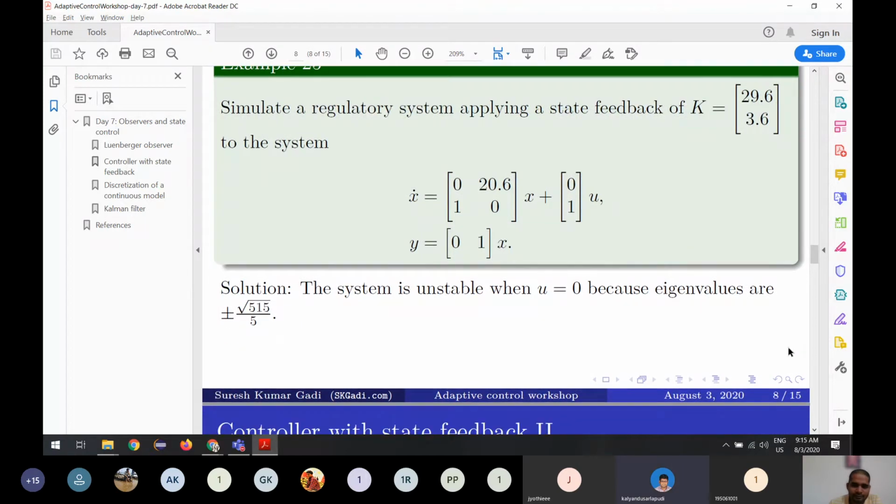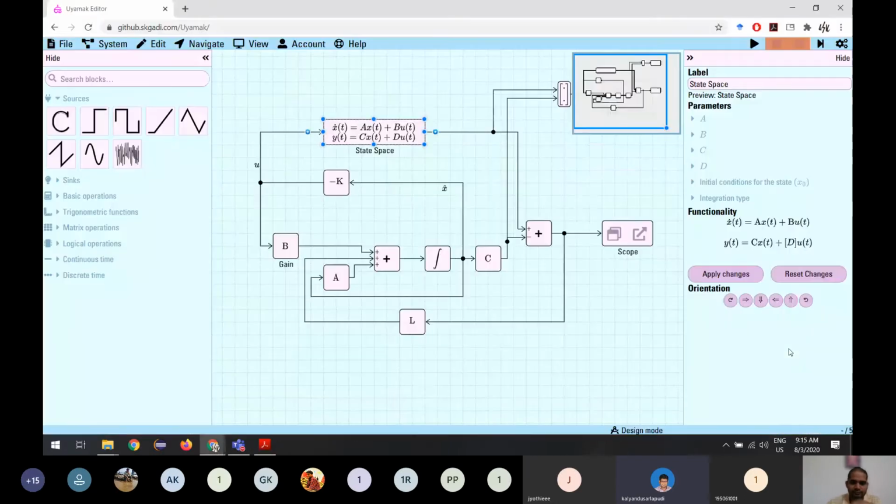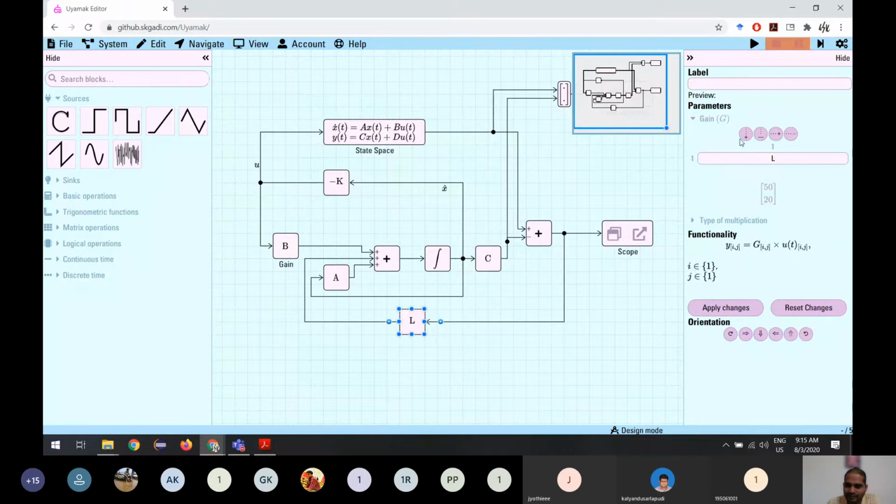Hello, Suresh. Yes, Kalli. Can we estimate in terms of time in state space how much time it takes to reach a stable condition? That depends on the L actually. Let us give small values and see it may take longer. Now let us see first how long it's taking.